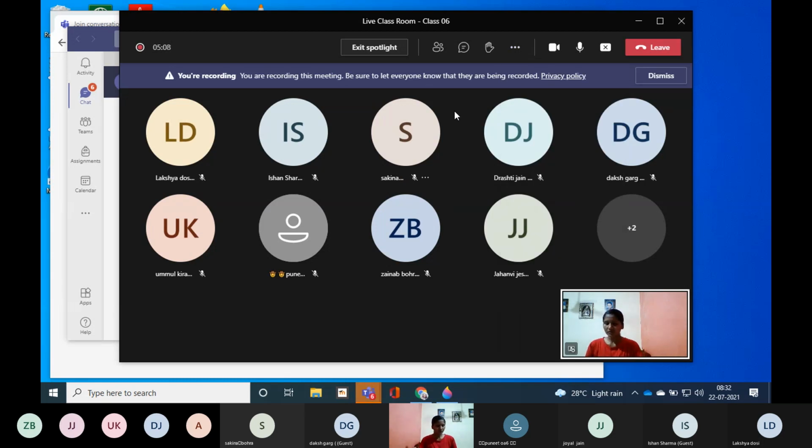Okay. So come to page number 16. We have completed how does photosynthesis occur. That means we have read the first paragraph of that. Sunlight falls on leaves and is absorbed by chlorophyll. Sunlight provides energy. This energy is used to split the water molecules H2O into H plus ions and OH minus ions. It is called photolysis of water.